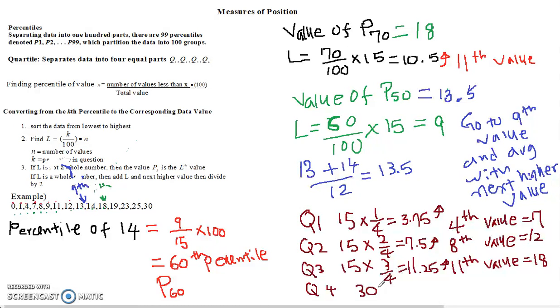So there's a couple of things we have to remember, because I have some students saying, isn't there a P25 same as a Q1? Yes, it is. But it depends on what kind of data you have. You may not exactly have the same value because of the rounding up rules that we have here and the number of elements in the data. If it's small, then you're not going to get the exact value there. Okay, so if I ask you to, for example, find the value